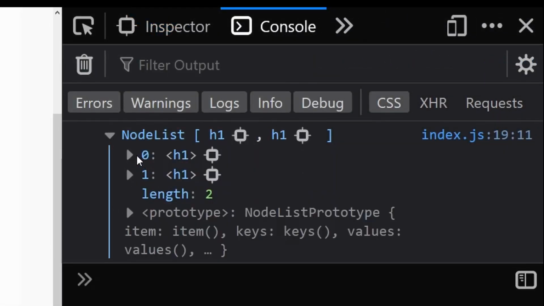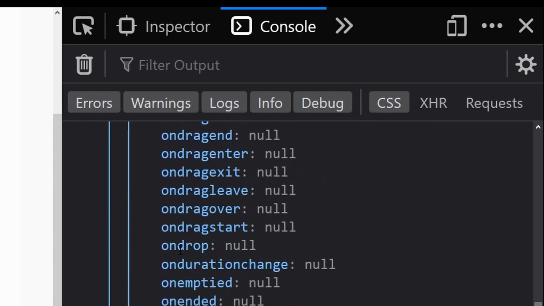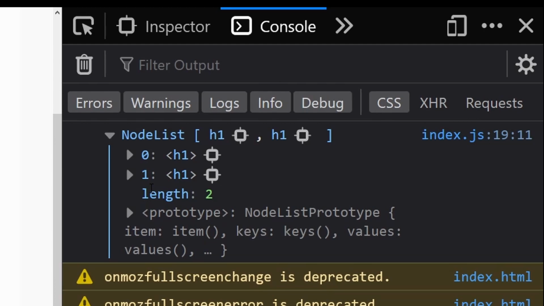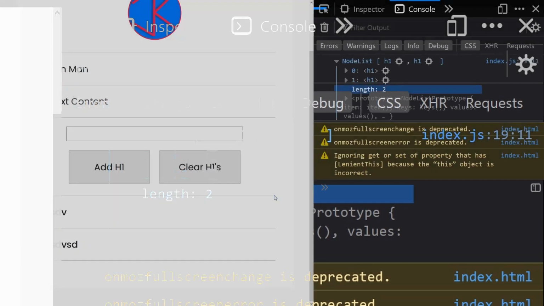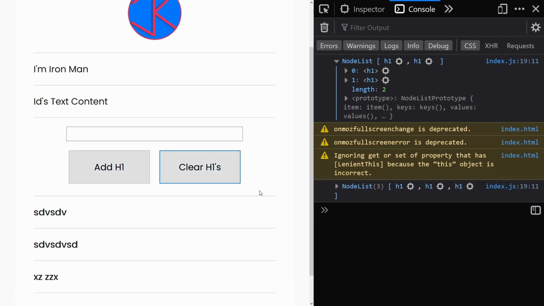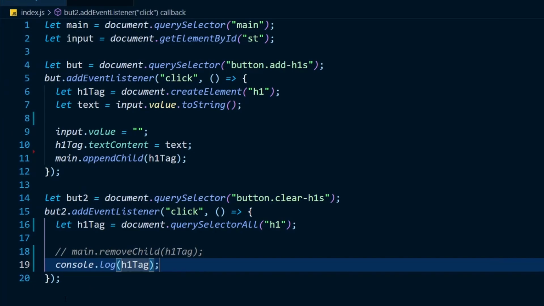Because we have two h1 tags, we get a list of those two h1 tags, and it has a lot of properties on it, like you can see here. So we get a couple of h1 tags, and we also get length, that is the default property every array has. So we get an array-like node list. We could have added some more, and now as you can see, we have a node list of 3 elements, 3 h1 tags.